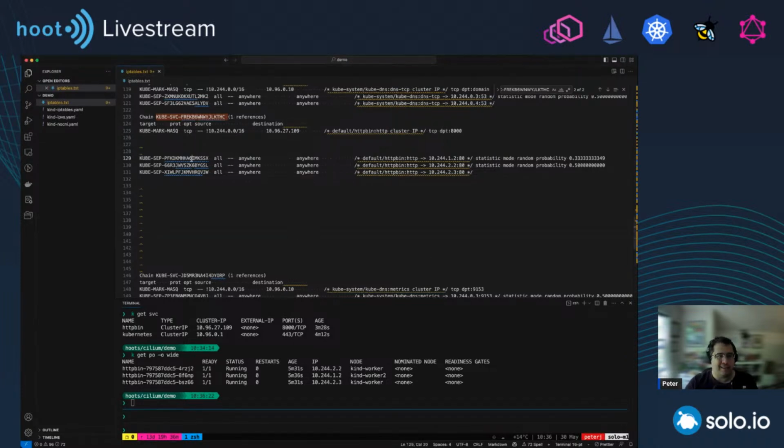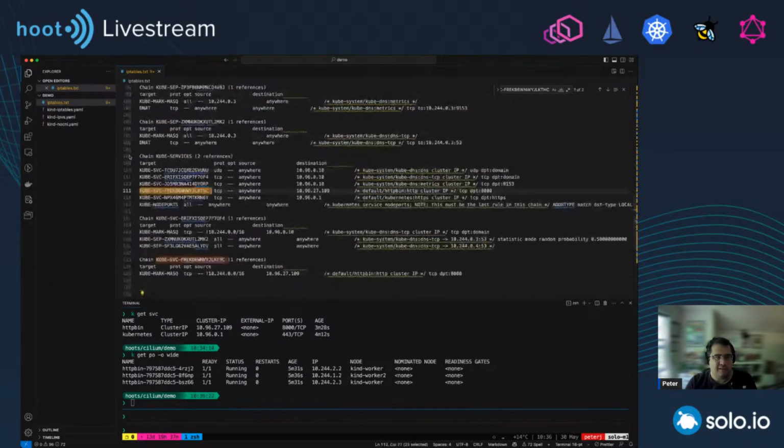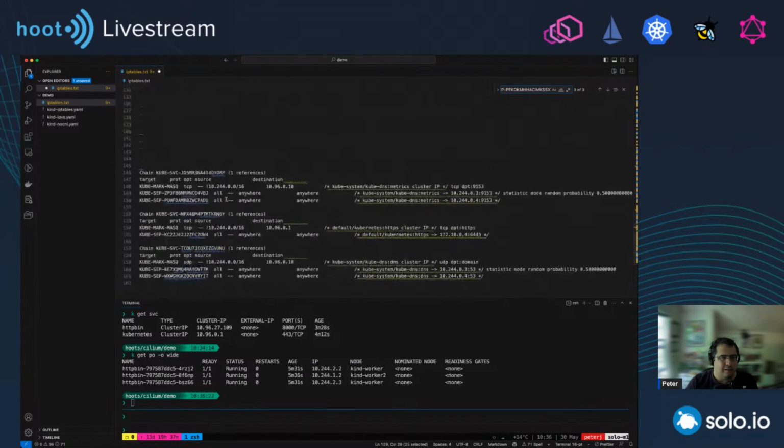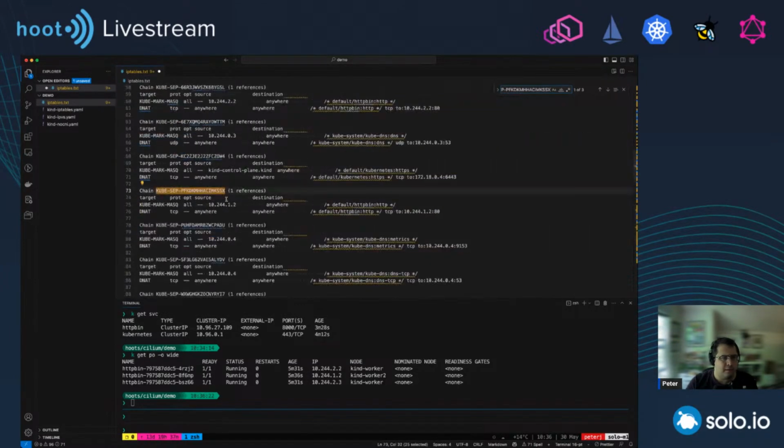And the way this works is it's saying from anywhere to anywhere, go to this specific chain. So if you find that one, where was it? This is marked. It will mark them, and then it's going to do the destination network address translation, DNAT, right?